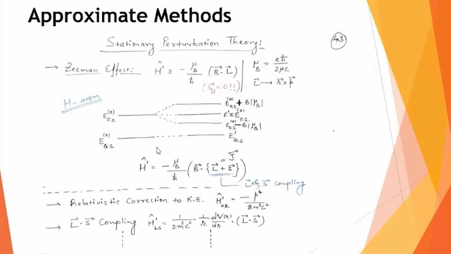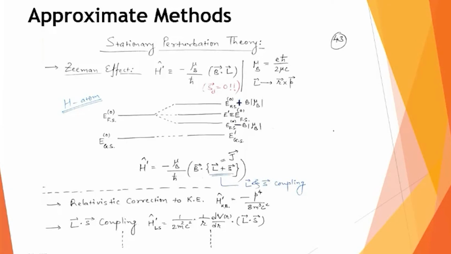If I don't include it, I get the same kind of situation. For the ground state, there is no correction. You can see both the states after correction, with a prime symbol, are all at the same level. But if you calculate the first excited state, again you can see it is now split into 3 components. One is with a higher value, one is with a lower value, and there are 2 states with the same value. So this middle state still appears as a doubly degenerate state. The philosophy is the same, the mathematics is the same, everything is the same. The only thing is that now, instead of an electric field, your quantum mechanical system is exposed to an external magnetic field.